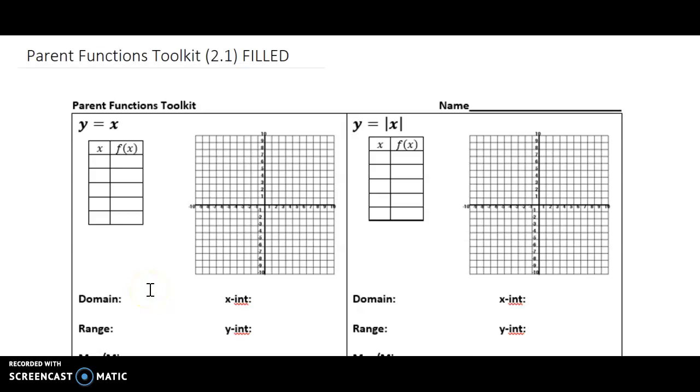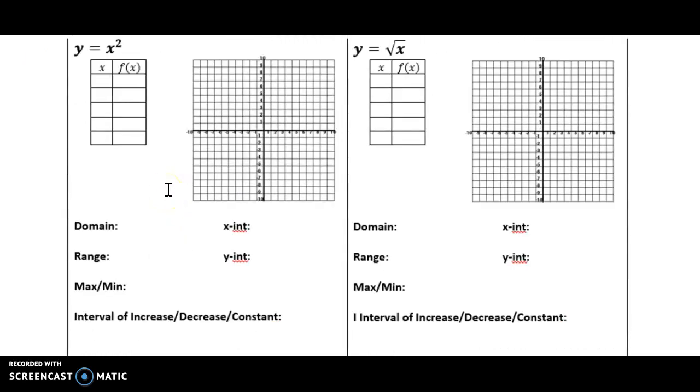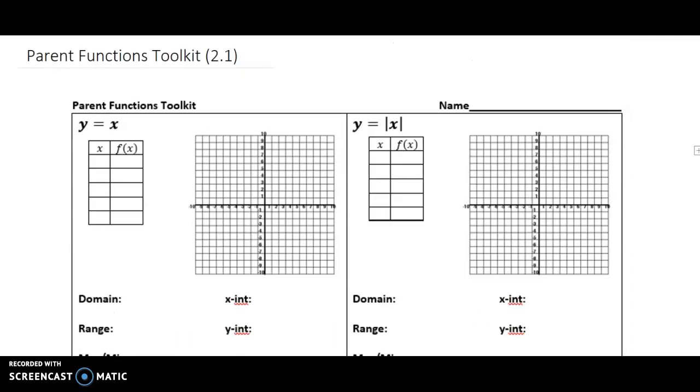Hey pre-calc. So to begin our second unit of the year, we are going to be talking about what we refer to as parent functions. And you'll see as we go through this, we have a few different parent functions that we will talk through. But our point is, it's really useful and necessary for us to know what our parent functions are, so that